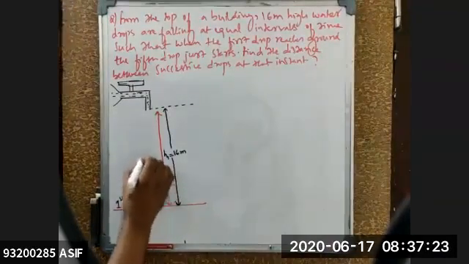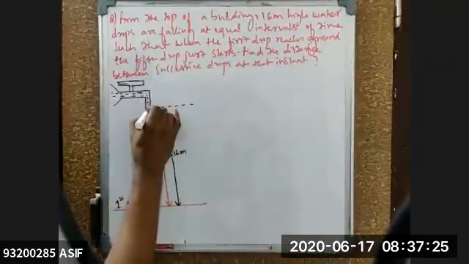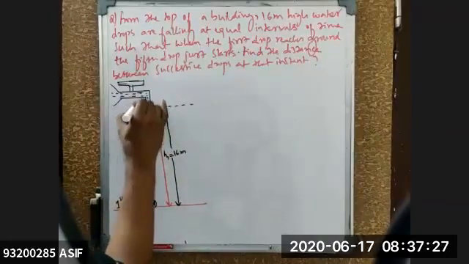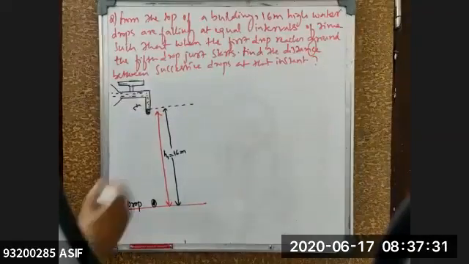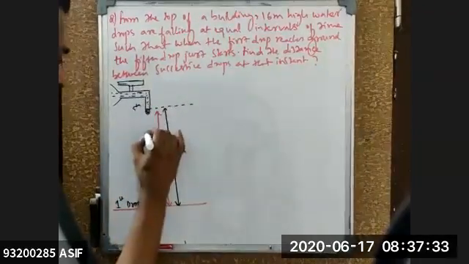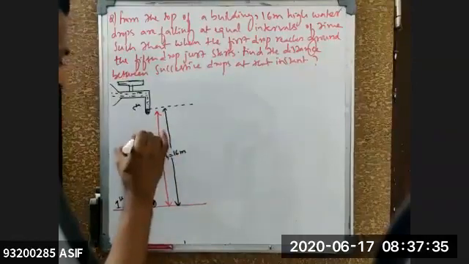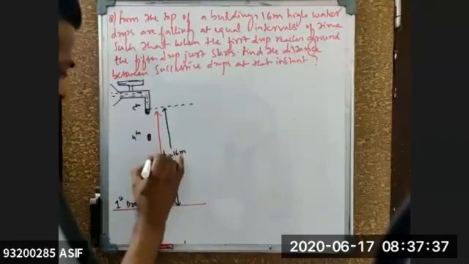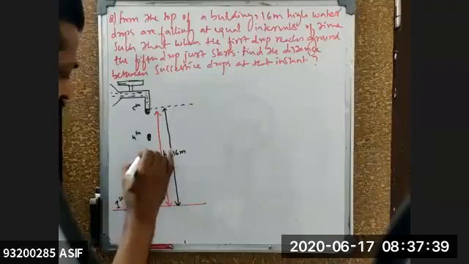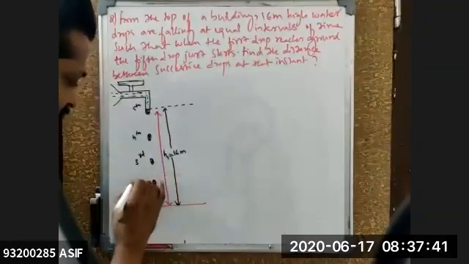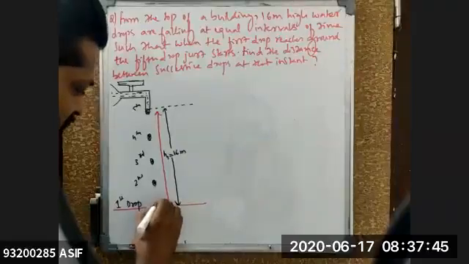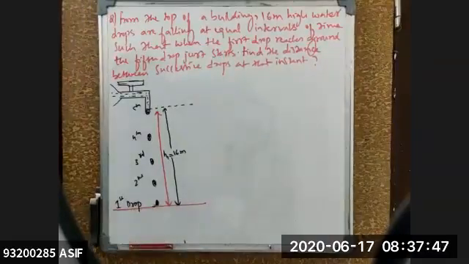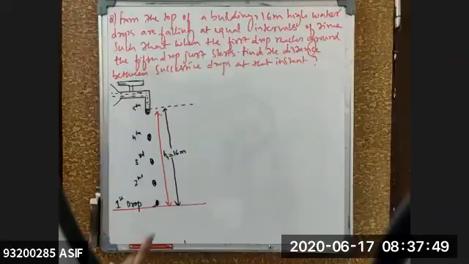Now the second drop has traveled right now. How many drops are there right now? Here is right now your fifth drop. The fifth drop is ready to start its motion right now for the given condition. That means in between, somewhere here we have the fourth drop, and somewhere here the third drop, and somewhere here the second drop. Isn't it? And somewhere here my first drop. Clear for everyone?